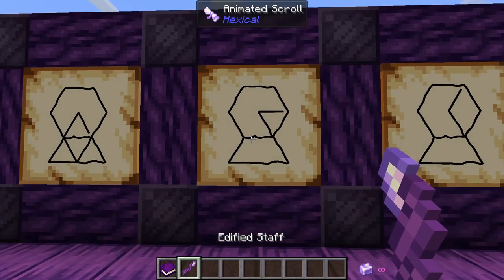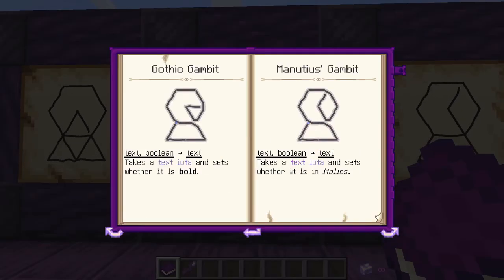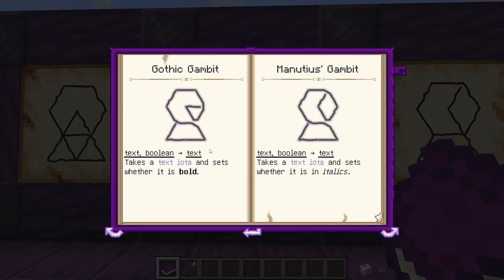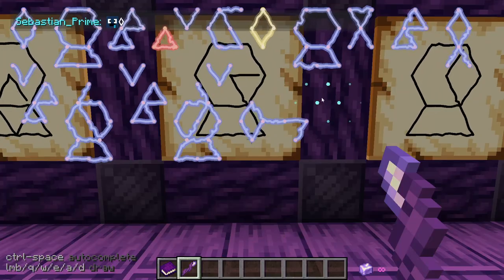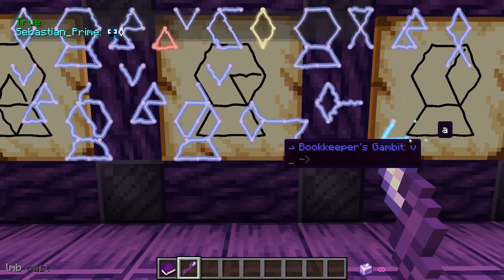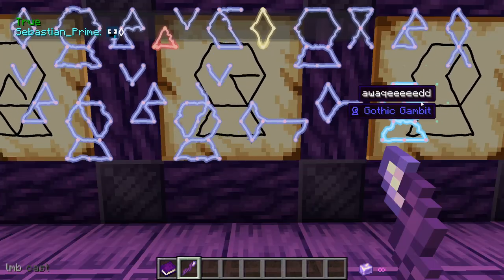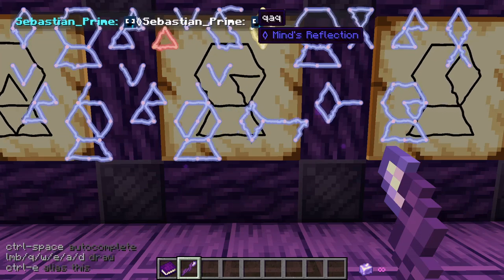cool. Now, the next couple are like bolding or italic or underlining, striking out, or another one, which I'll show you shortly. But yeah, so let's say I want to bold my text. I just have to get my text, get a true reflection, and then just cast this. Then bam. Gothic Gambit, I now have it in bold, and it